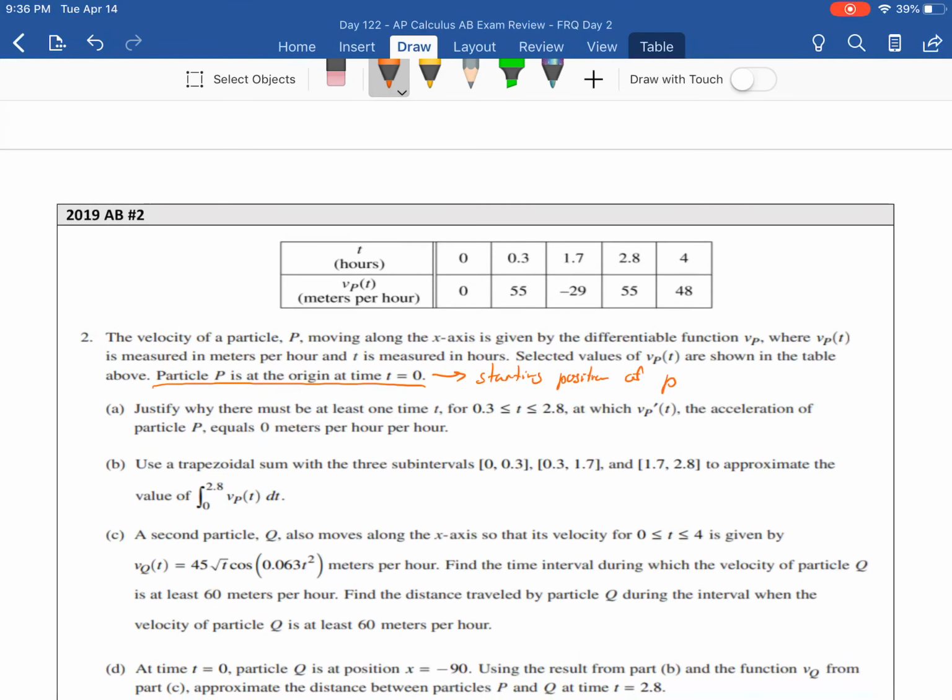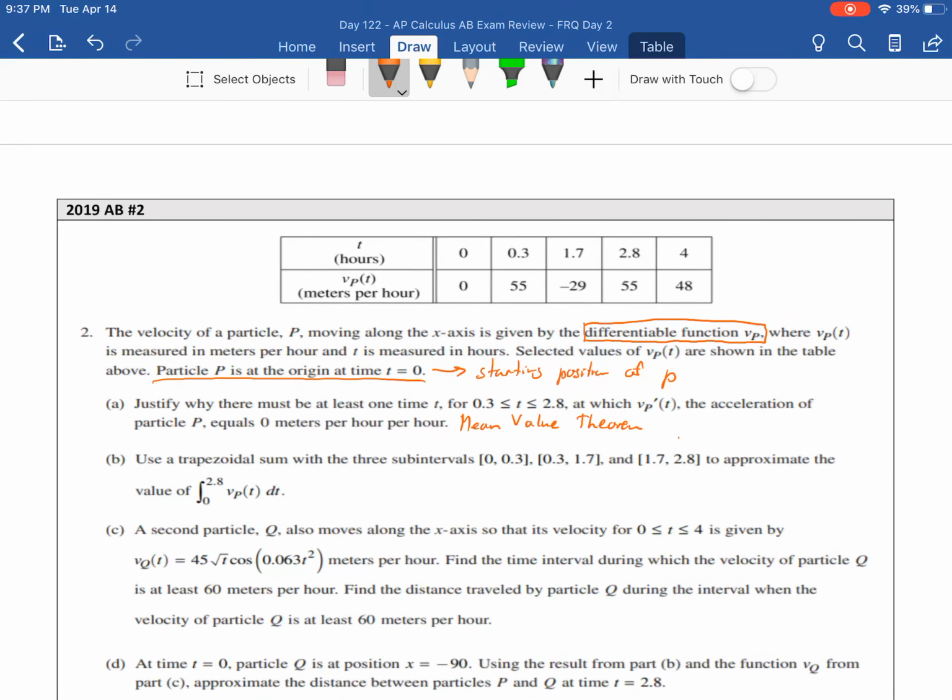And the theorem was the mean value theorem. So the mean value theorem, if you ever want to look up more problems such as this one, the mean value theorem is what we're going to be using to answer this part of number 2. So the mean value theorem basically says that given a function that is continuous and differentiable, and we are told that in this problem our function is differentiable,